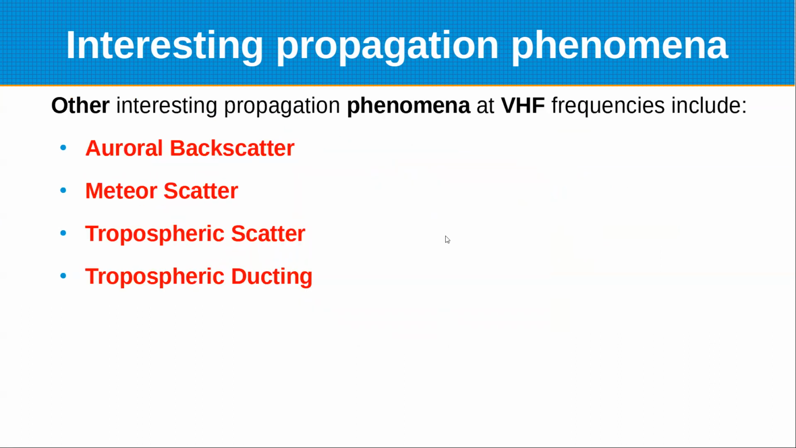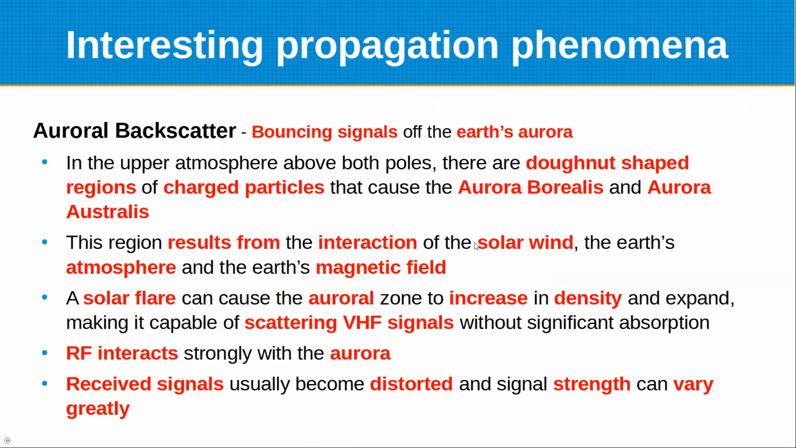Okay, so auroral backscatter, meteor scatter, tropospheric scatter, all kinds of scatters, and ducting. So auroral backscatter is you bounce a signal off of the Earth's aurora, the northern or southern lights, which they call aurora borealis or aurora australis. And it's due to the magnetic field of the Earth and the solar wind hitting it, and somehow it ionizes all that stuff and makes a big donut. And you can see it